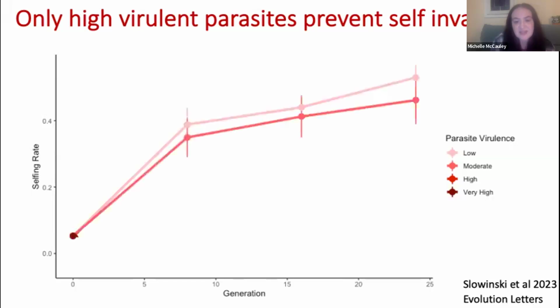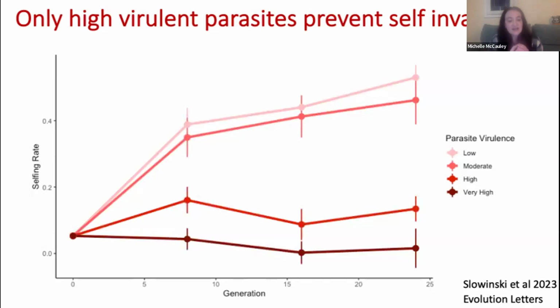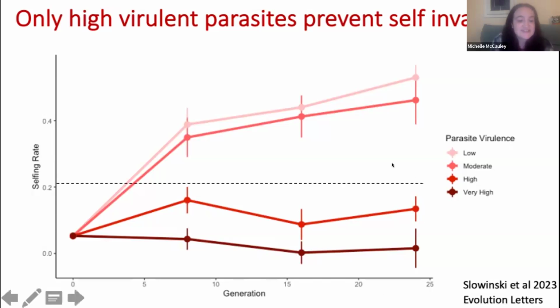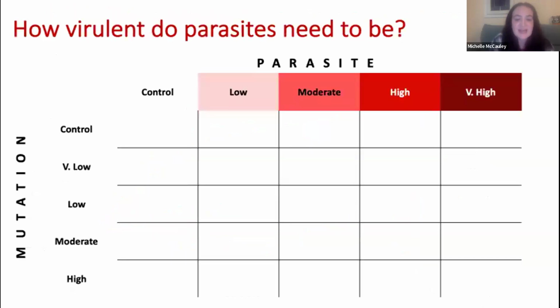Okay, so Sam found a successful selfing invasion in his 2 lowest virulence strains, but with his 2 high virulence strains, we saw that outcrossing was maintained across the course of the entire experiment. So Sam was able to find that there's some sort of very clear threshold here within our virulence parameter space. Bringing it back to our table, we can now parameterize our parasite space, and we have 2 treatments which do not maintain outcrossing and 2 that do.